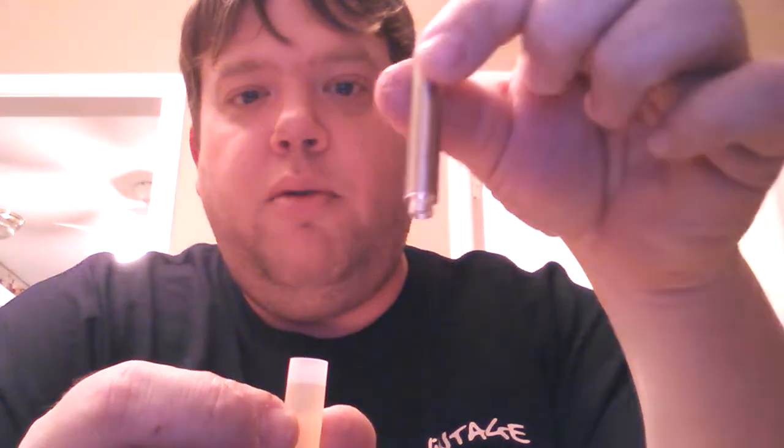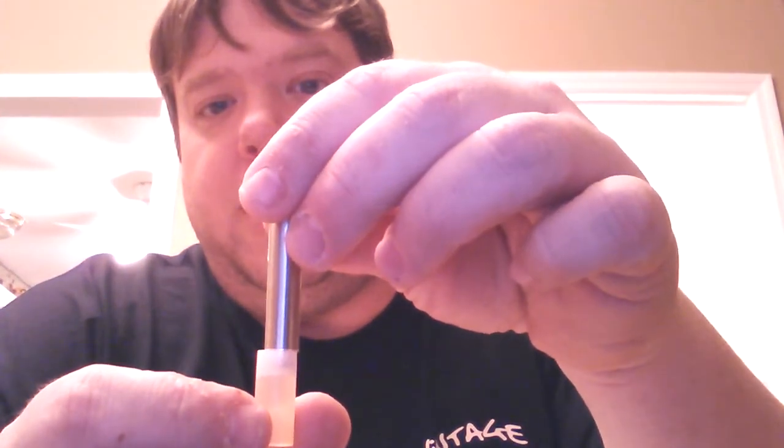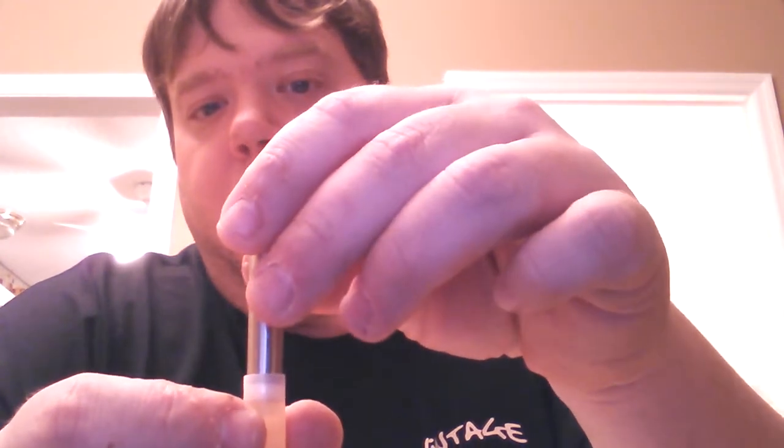Then I take the carto battery in first, and I'm just going to stick it down in that little rubber cap slowly. When you do that, you will actually see juice start to come up and fill the carto. I hold it upright. I'm just trying to tilt it so you can see in through the camera. What I do is I push that up until that juice reaches almost the top section of the carto, and then I'll just pull it back down